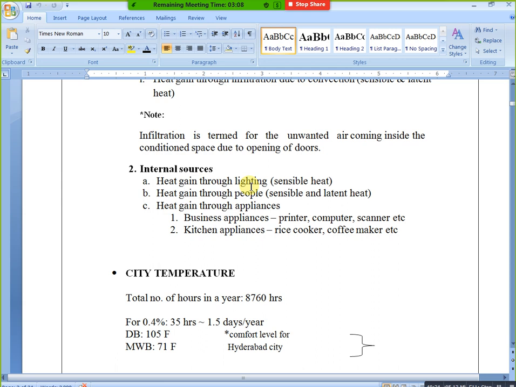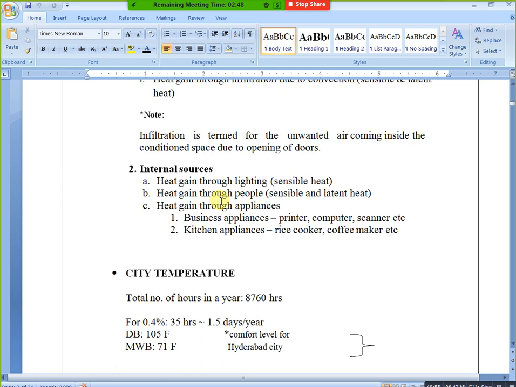Okay, heat gain through the appliances. For example, you are using any fridges or any microwave oven, okay, any washing machine, in that condition, how much heat is generated from that equipment. Okay, this you will get completely from the catalogs easily. Okay, next, business appliances.